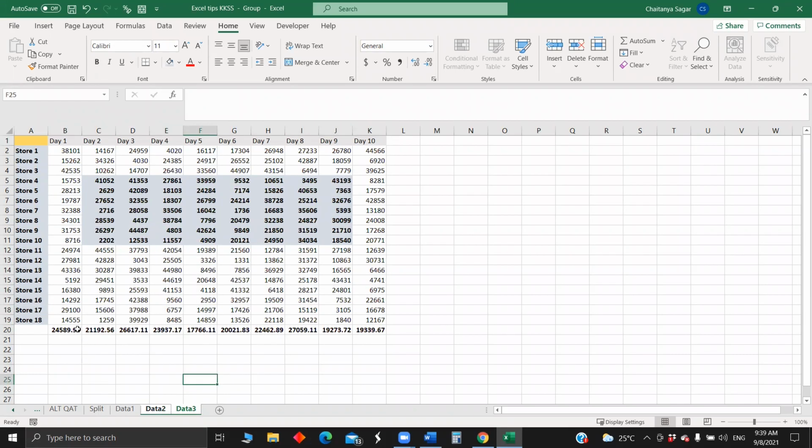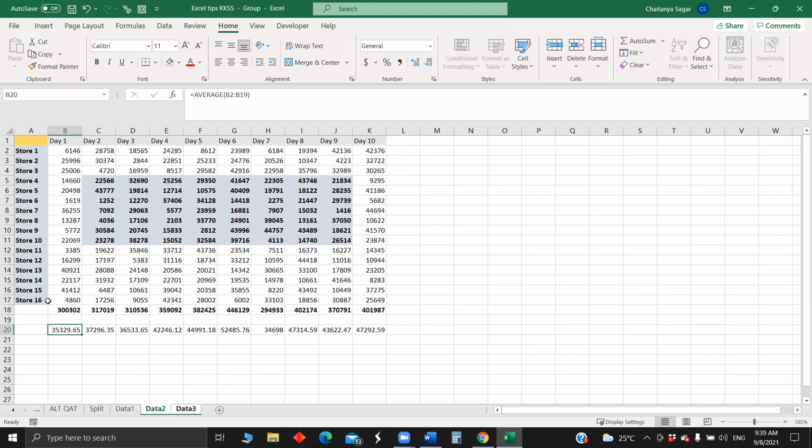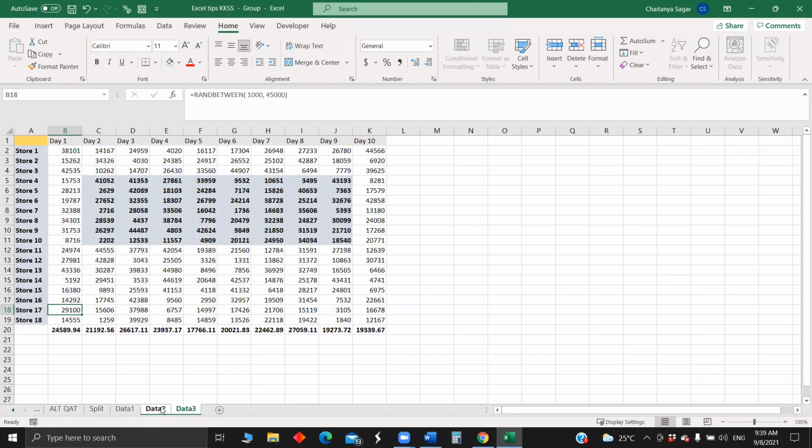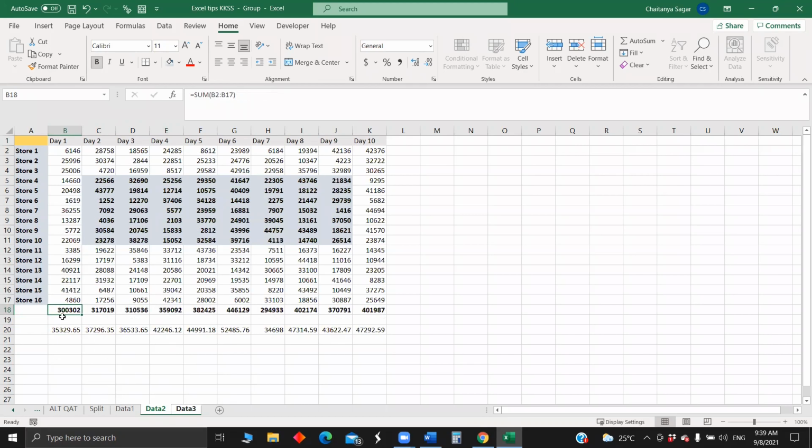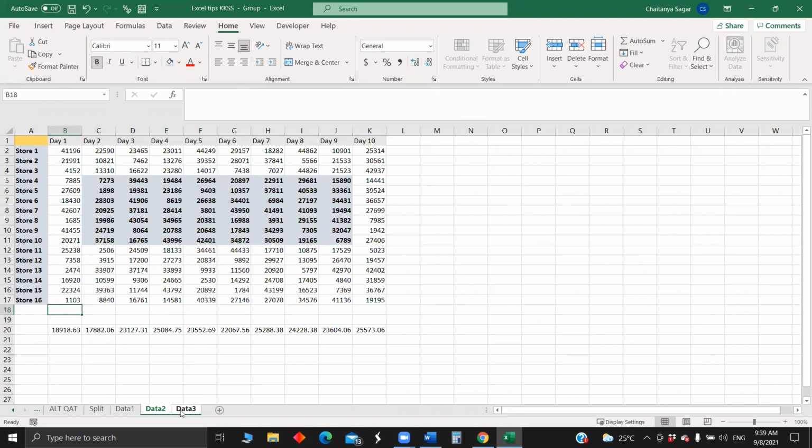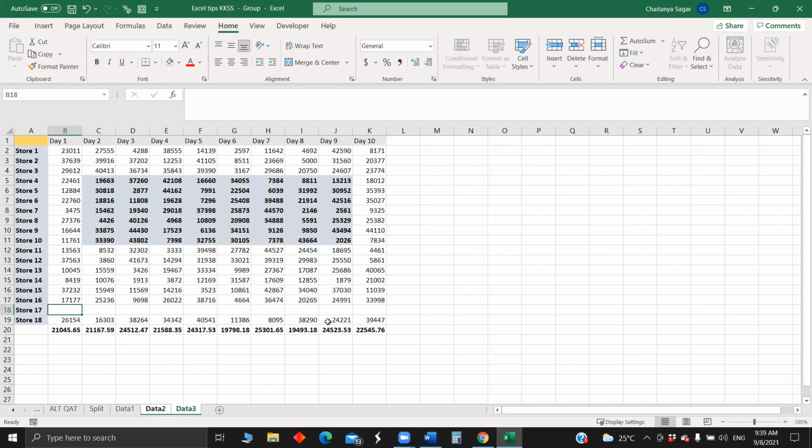Unless we are doing the operations at the bottommost row of the sheet with the most rows, then I think it won't be an issue. Here, since we have the 18th and 20th row, we are performing the average operations. We are able to get this. For example, if I perform the sum here, I'm not sure whether it will reflect in the 20th row. Let's check that. See, now the summing row got changed. Okay, yeah, it works, but the condition will be we have to consider the sheet with the highest number of rows and take its